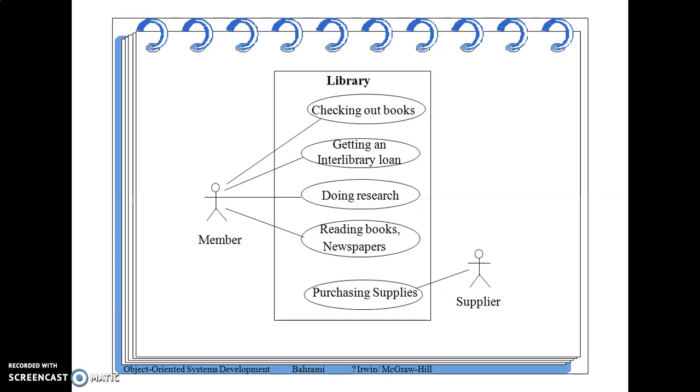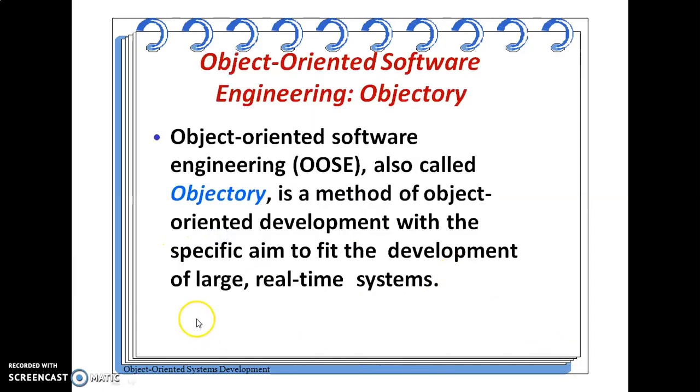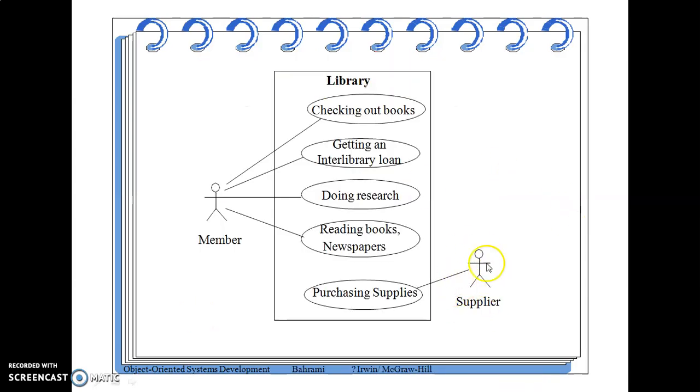See, this is one kind of use case system. We know how the library execution gets done. That is nothing but the member and the supplier. That means these are the two main actors, member and the supplier. Okay, this is the supplier and this one is the member. These are the different use cases that need to be drawn.